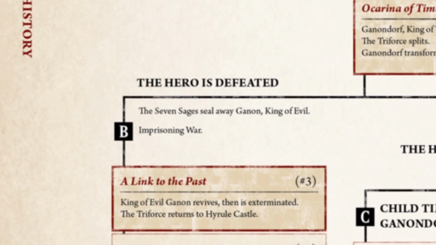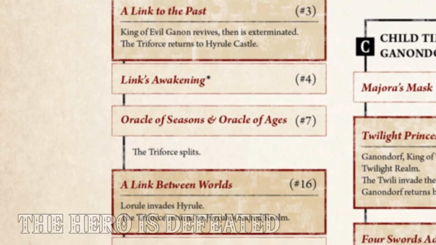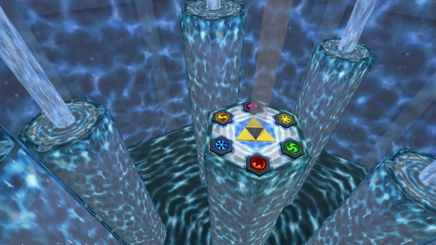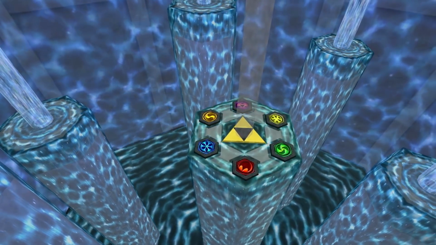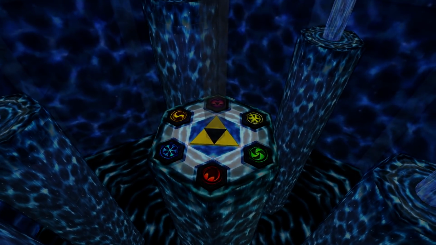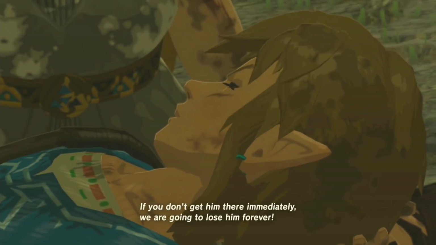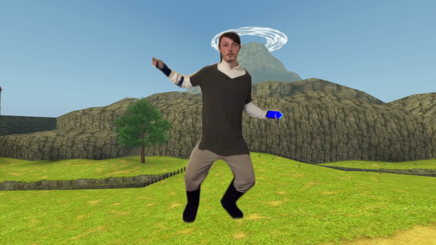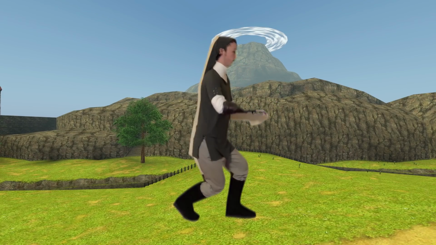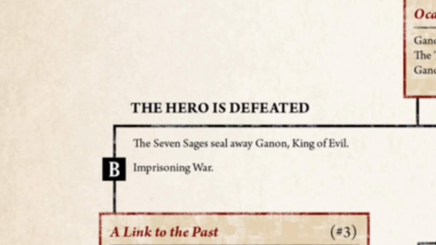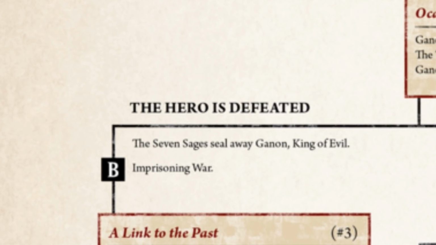Let's start off at my least favorite timeline split. The hero is defeated. Ganondorf gathers up the rest of the Triforce and then he's sealed away in the corrupted Sacred Realm, which is then turned into the Dark World by Zelda and the 7 sages. Look, it's one thing to actually show Link's defeat and then eventual comeback, but this? I'm not really a big fan of being told, yeah, Link dies here in an alternate dimension and that's how we fit these games in. It's just told to us, not shown, which is a shame because it's a really interesting concept.